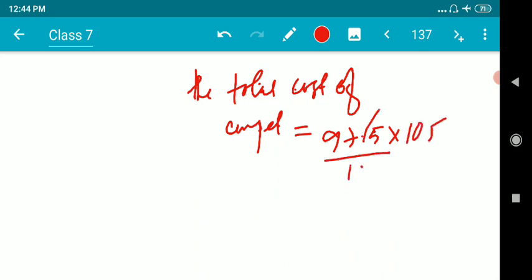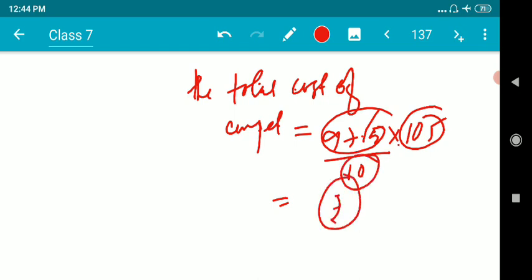Removing the point, I'm getting 975. We can multiply 975 with 105 without cancellations. Whatever comes, we just divide it by 10, and that we will write as the cost. It will come in rupees. So I'm leaving this part up to you all. You will calculate this one, 97.5 into 105, and you will write the answer for this question.